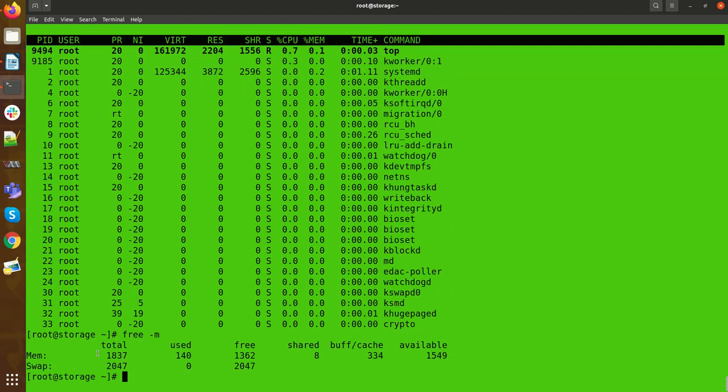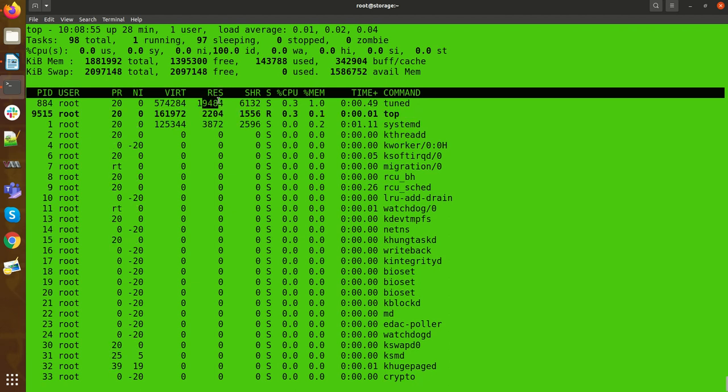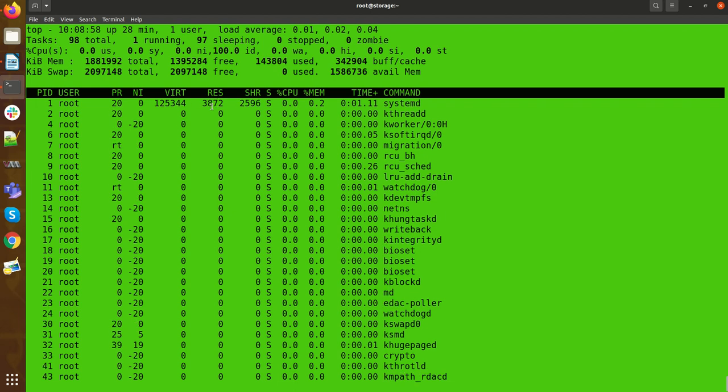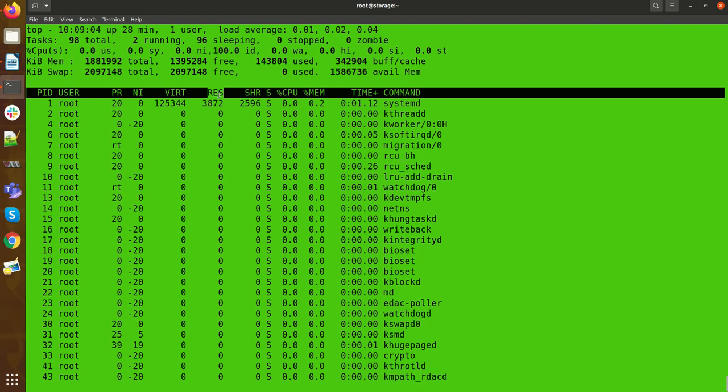I have 2 GB of physical memory in my system, but if you notice, resident memory can be equal to or greater than your physical memory. If this is the physical memory, how is it possible that resident memory is greater?